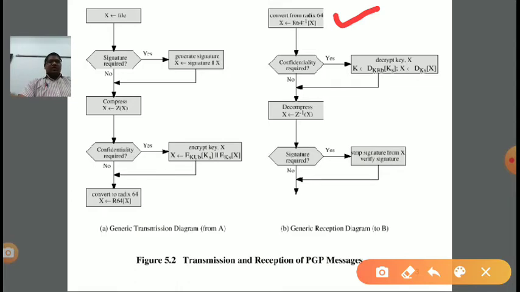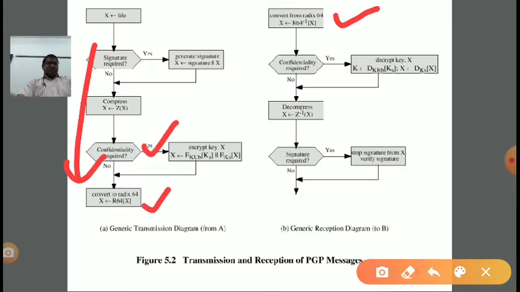So we got R64 inverse. On X we apply R64 inverse of X and we will get the X. Second step is whether confidentiality is required or not. So just the reverse process here, top to bottom. First step at the receiver was Radix 64 removal, inverse of Radix 64.